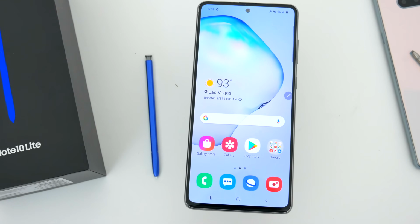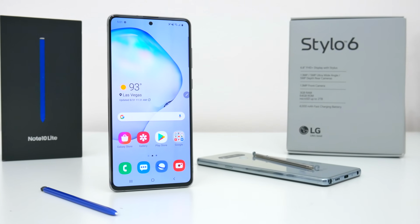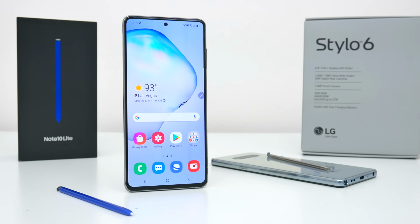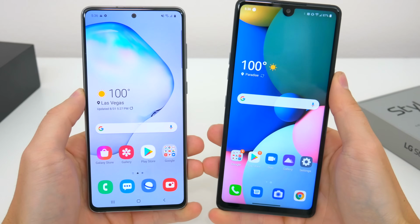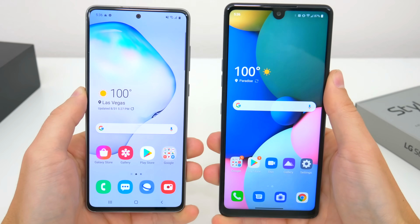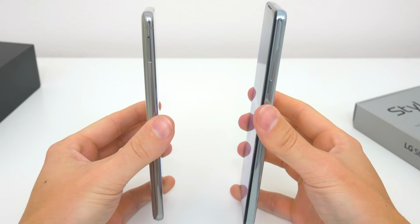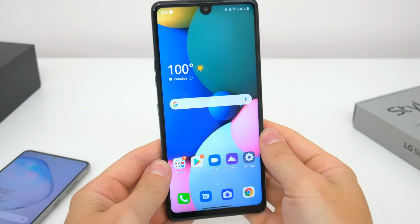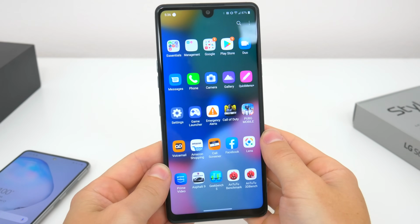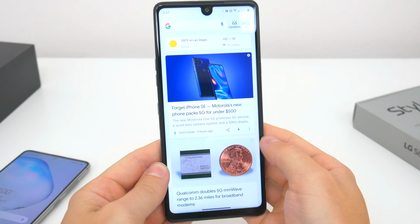Like I said, you're getting a flagship Samsung Note experience with all the bells and whistles, nothing limited at all, for significantly less money in comparison. Realistically, the thing that does separate these phones more than anything else in my opinion are the internal specs that power them. The LG Stylo 6 packs the MediaTek Helio P35 chipset, just 3GB of RAM and 64GB of internal